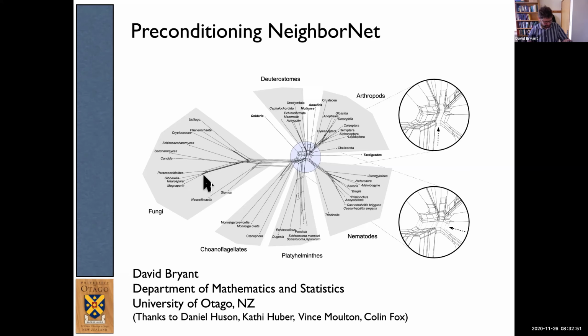And so the method itself, NeighbourNet, was designed by Vince Moulton and myself probably a good 20 years ago, published a bit after that. And the easiest way to think about it is it's an extension of neighbor joining to create split networks so that statistically you're kind of overfitting the data, but it allows you to see conflicting signal. And this is a NeighbourNet that I use quite regularly in talks. You have different standard hypotheses being represented in the same NeighbourNet.